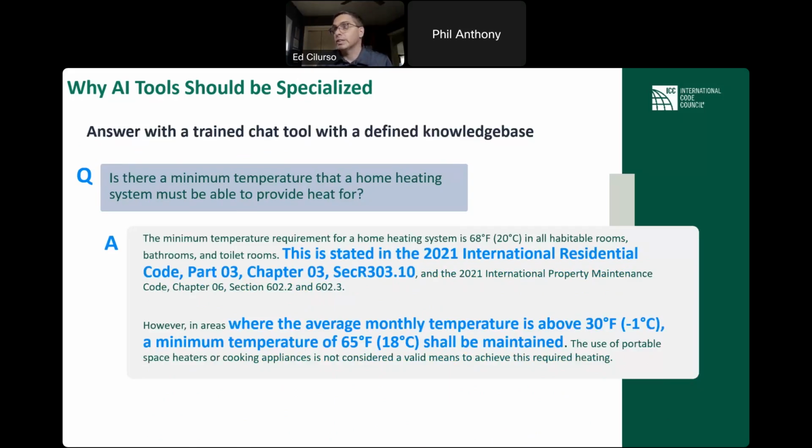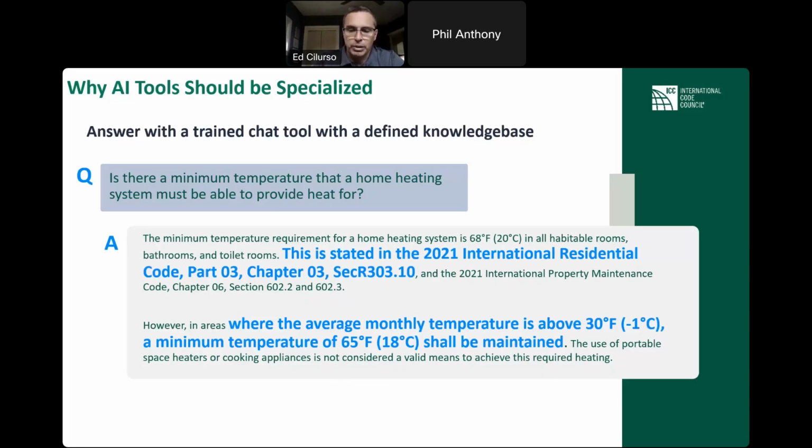Really key differences is it stresses sourcing. So it stresses providing exactly where what it's citing is sourced from and providing links to that. It also tries to very directly quote. So AI Navigator is not really as chatty as ChatGPT or other chatbots are, and that is sort of by design. We want it using the power that it has.